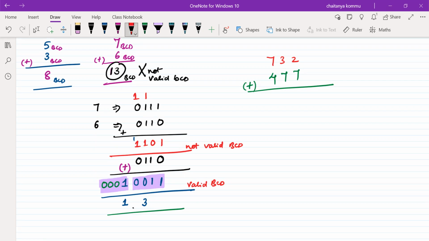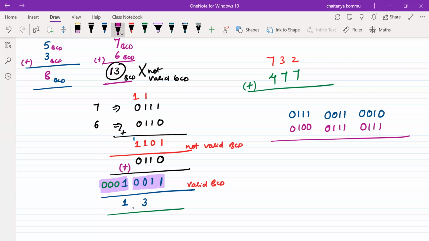Okay, 7, how do we do this one? The equivalent of 7 is 0, 1, 1, 1, and I have written that. And what about the 4 equivalent? 0, 1, 0, 0. I need to write 4 bits. So 0, 0, 1, 1, 0, 0, 1, 0. Now this one is 0, 1, 1, 1, 0, 1, 1, 1.